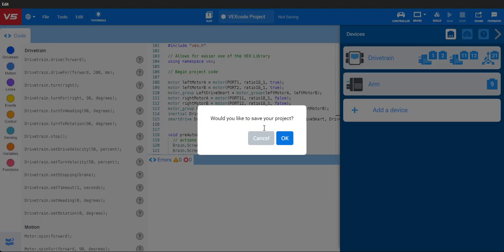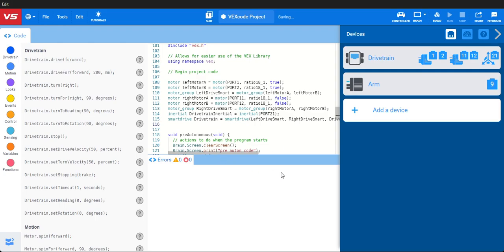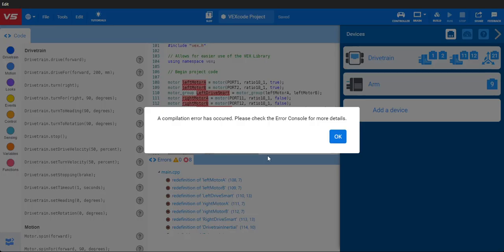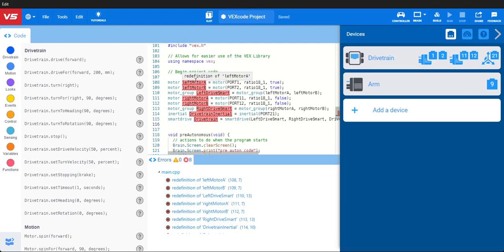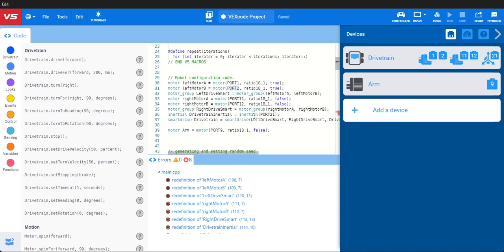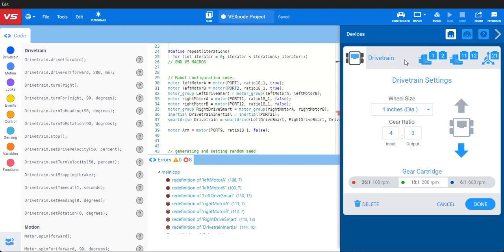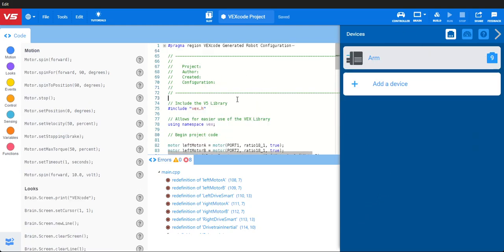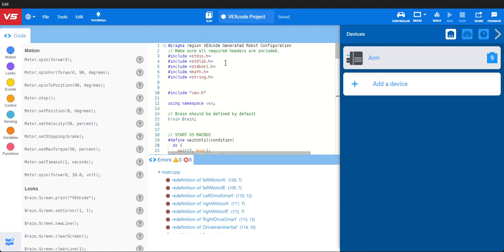And you might notice if we build, I haven't saved. If we build at this point, it will tell us that there's an error, and that's because we have redefined left motor A, left motor B, etc. So we can't have this here and in the auto-generated section, so we need to remove it from the auto-generated section, and we'll do that by deleting it from the devices panel. So I'll say delete, and now if we look in the